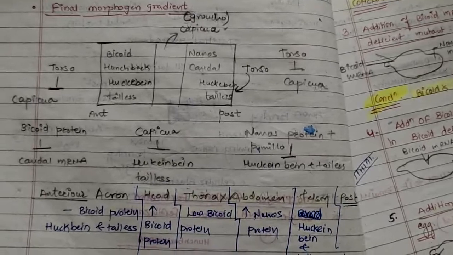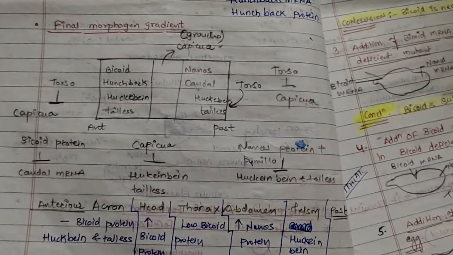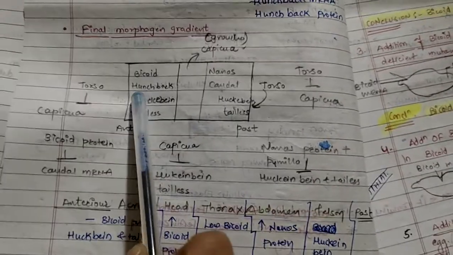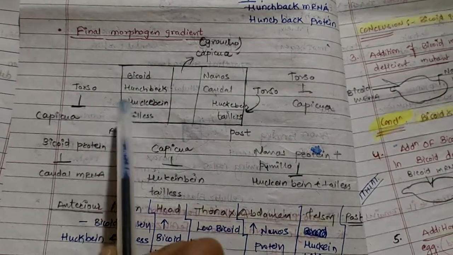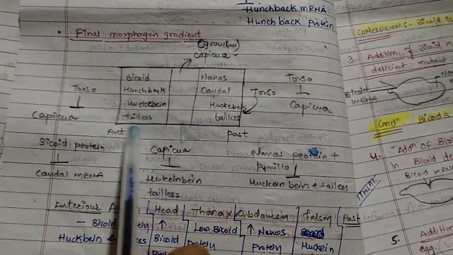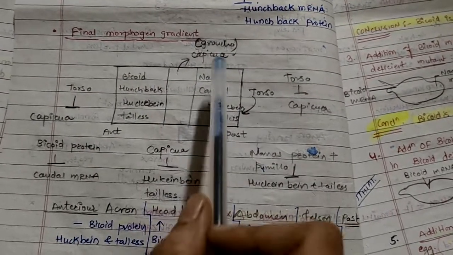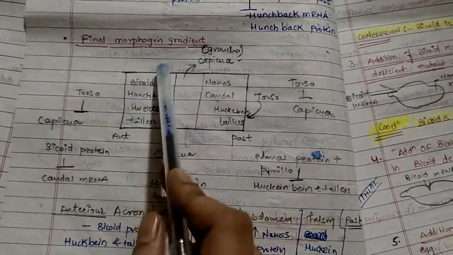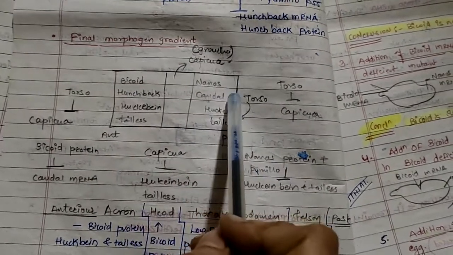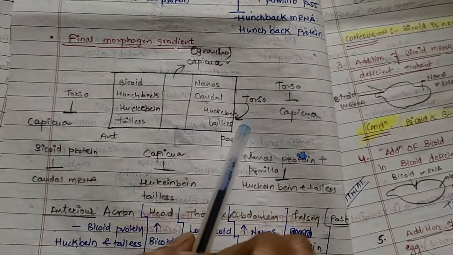Okay, so as you know, for the anterior structure formation in Drosophila, the proteins which are necessary are bicoid, hunchback, and others. Whereas for the posterior side, nanos and caudal are required. So bicoid and hunchback are required at the anterior side, nanos and caudal are required for the formation of the posterior side,